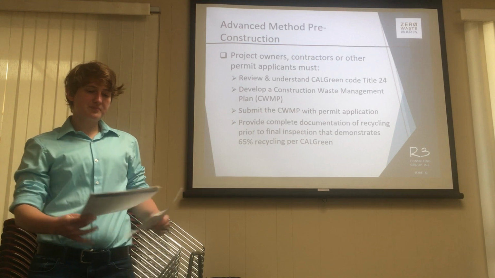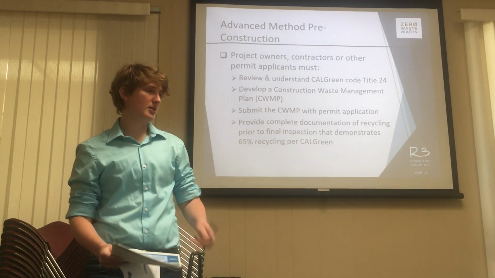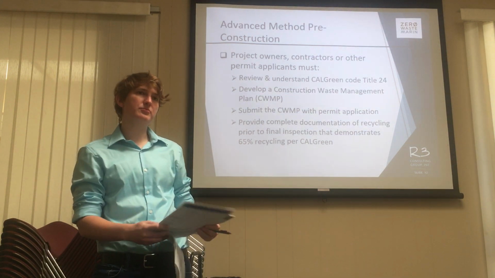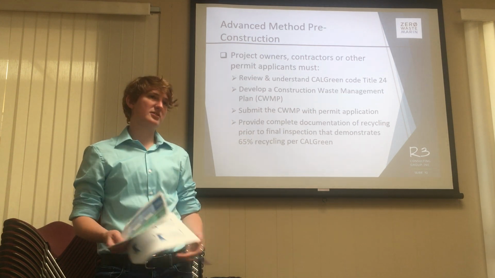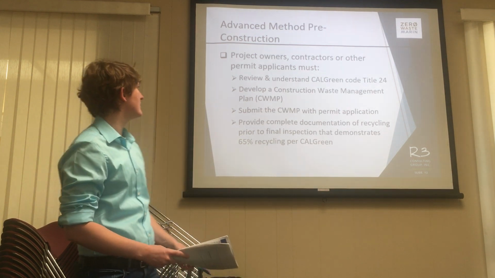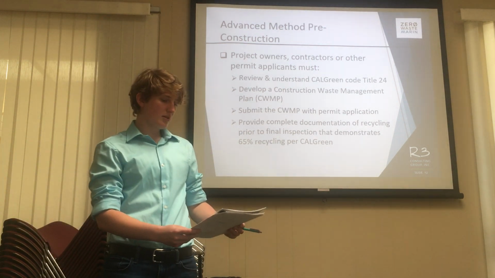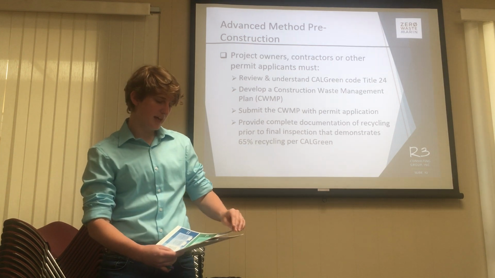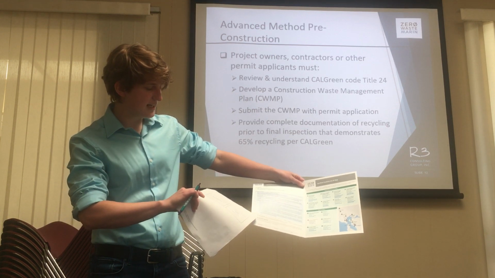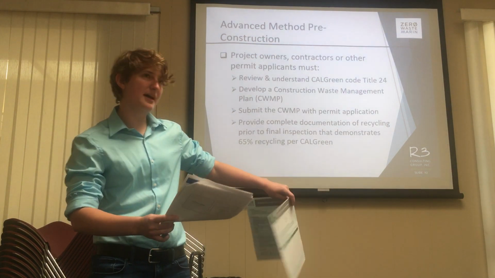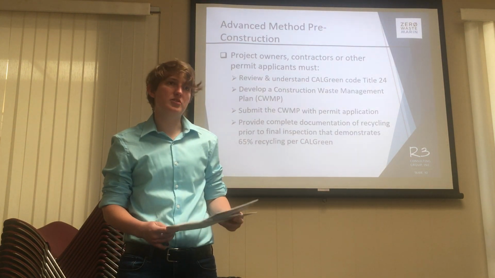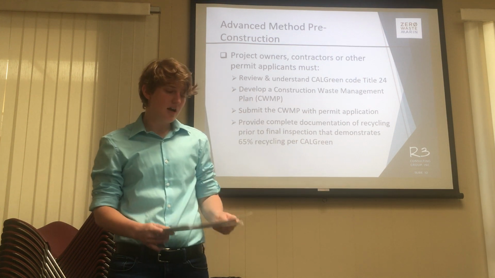Okay, so now we're talking a little bit about this new form. The advanced method, we were talking, is basically only if needed, if there are specific circumstances that are special about the project where it doesn't fit into the easy method. So on the very first page of the C&D recycling plan, at the very bottom, they're checking easy method or advanced method. If they check the advanced method, or at the end of the project, if it turns out that they didn't fall under the easy method after all,